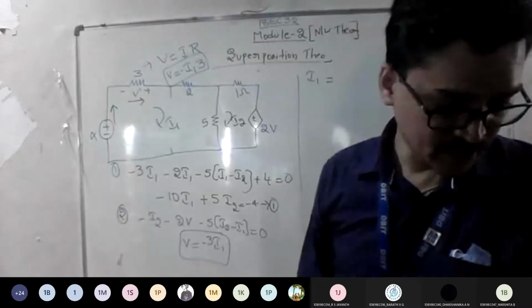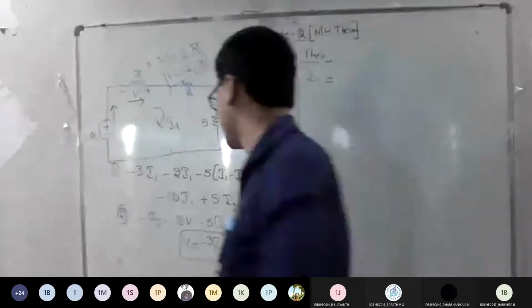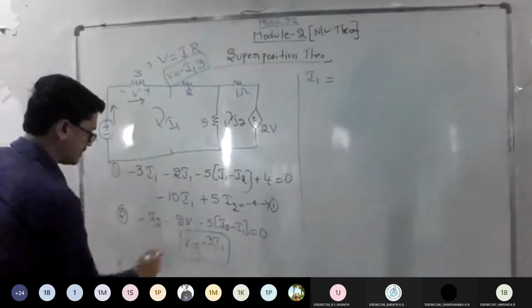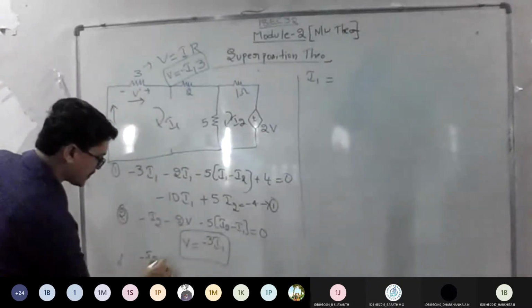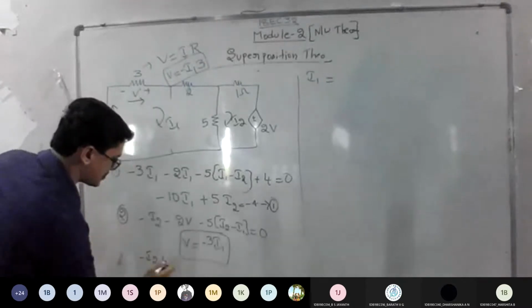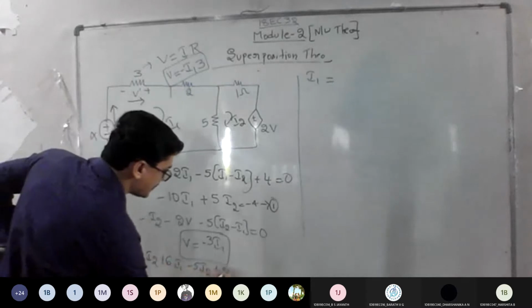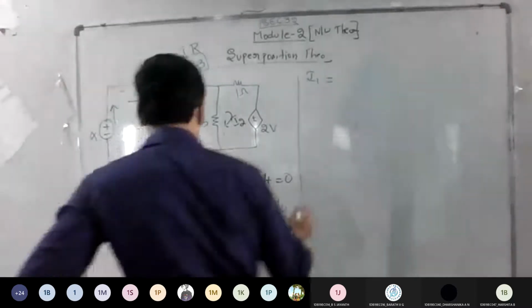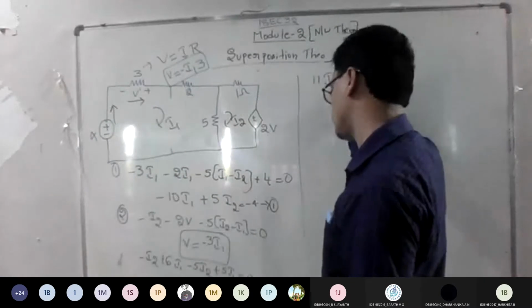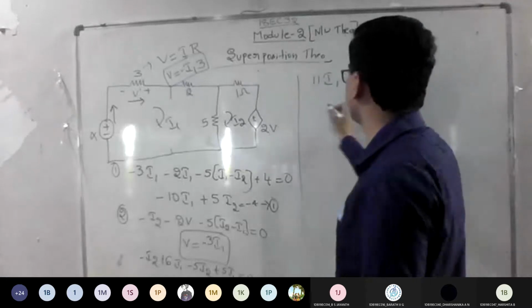So what is the second equation you got? Minus I2 equal, after simplification. If I substitute this here, this becomes minus I2 minus 2 into minus half, minus, I'll write plus directly 3 to the 6. So 6 I1 minus 5 I2 plus 5 I1 equal to 0. So the equation is 11 I1 minus 6 I2 equal to 0. After solving equation 1 and 2, what is the I1 answer you got?